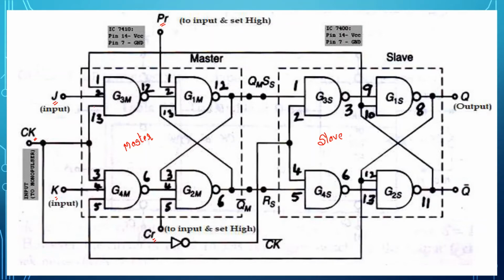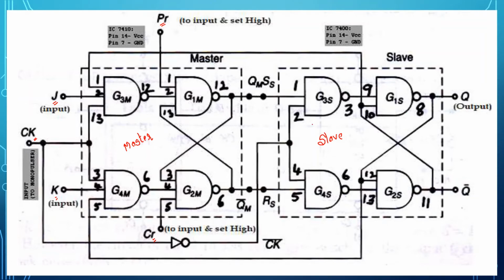Clock inputs are given to other two inputs of the 3-input NAND gate, and this is about feedback. From the output you are taking the feedback and you are connecting to the input, and again from here you are taking the feedback and it has to be also connected to the input. After that, this goes to the second stage. From there again shorting of the input and output. Again here shorting of the input and output. The clock signal is given here.